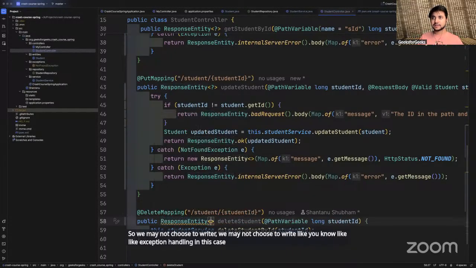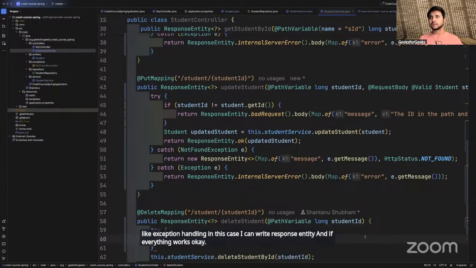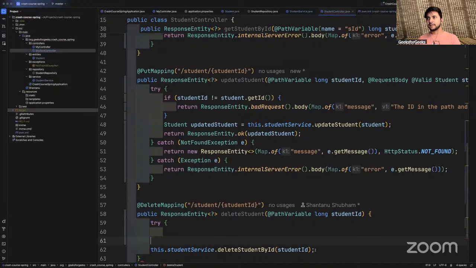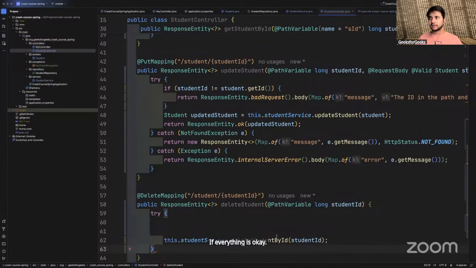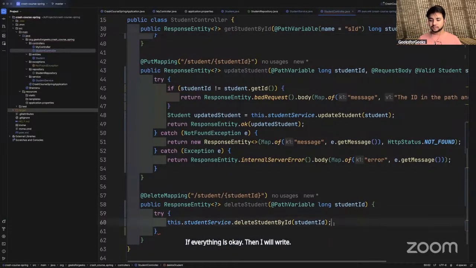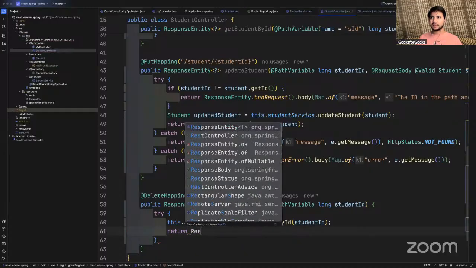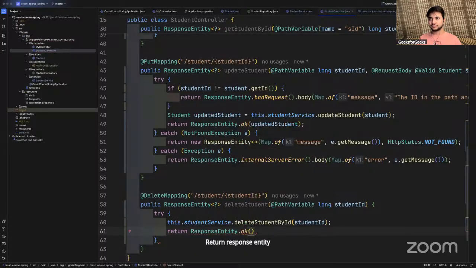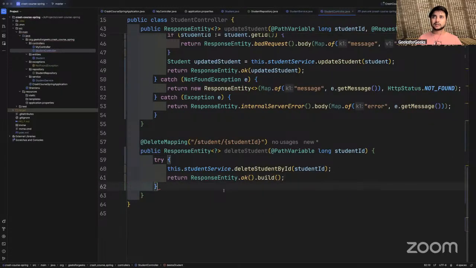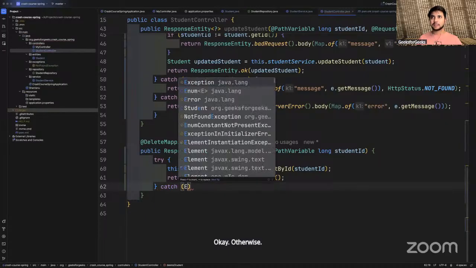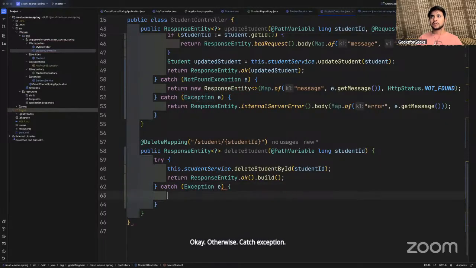I can write response entity, and if everything works okay, then I will write return response entity dot ok. Otherwise, catch exception e, and I will write return, say this part.